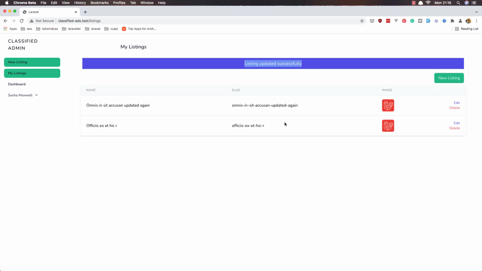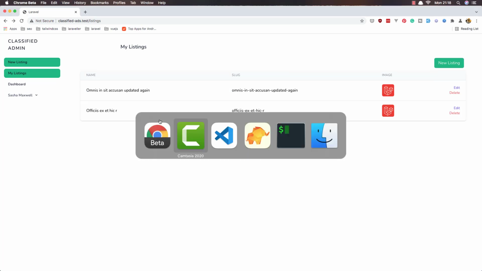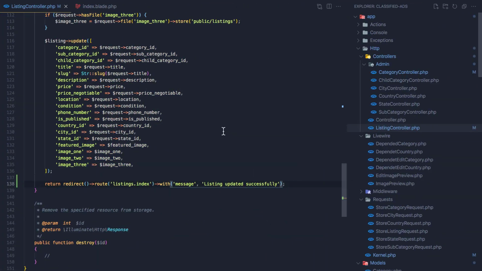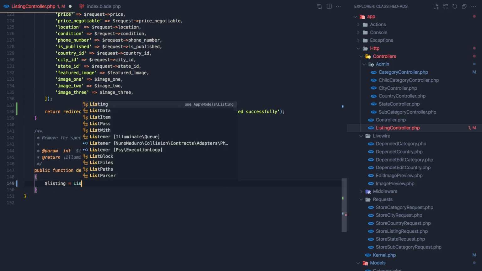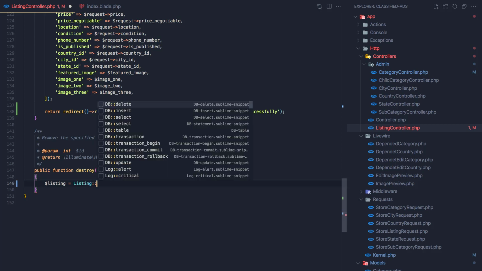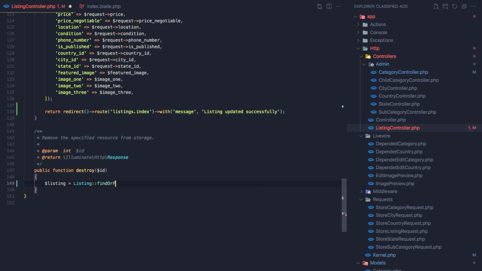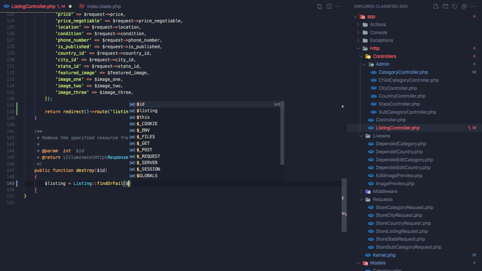Okay, now I want to delete, so if I click delete, nothing happened for now. Okay, so refresh. Yeah, we have two listings, but here we have the destroy method. I'm going to say the listing is going to be listing find or fail, the ID,